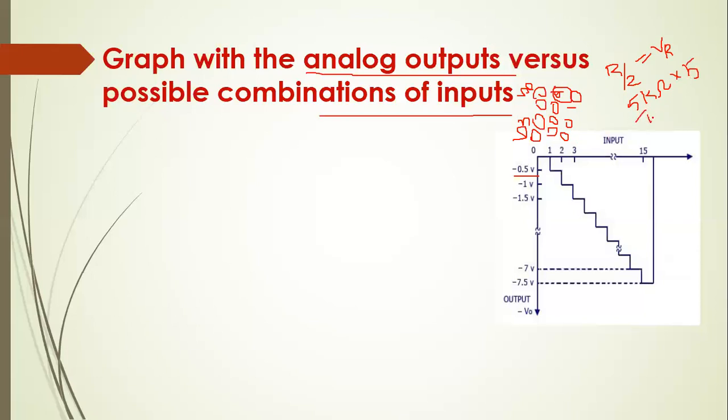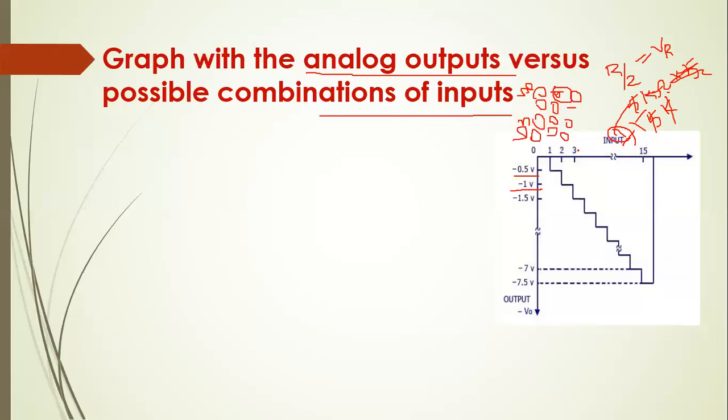So I is equal to V by R. You will be having I equal to 5 volts divided by 5 kilo ohms resistance. So 5 gets cancelled, you will be having 1, and this kilo, if it goes to the denominator, converts into milli. So the current will be equal to 1 milliamp. Now, if it is multiplied with the RF resistance, which is equal to 1 kilo ohm, then you will be getting RF into I. Here kilo and milli get cancelled and you will be getting 1. So the output voltage here is 1 volt.